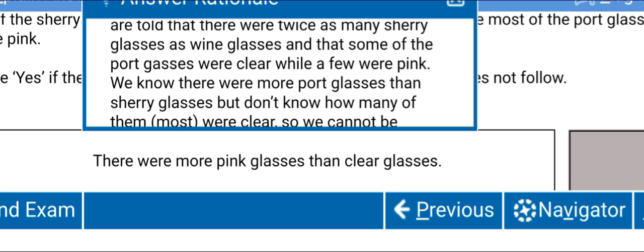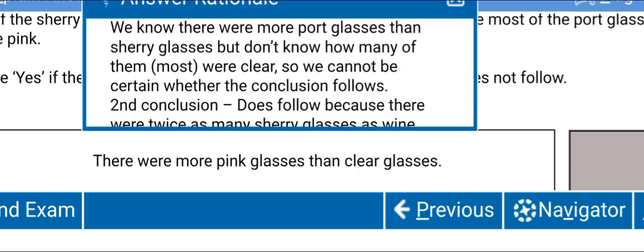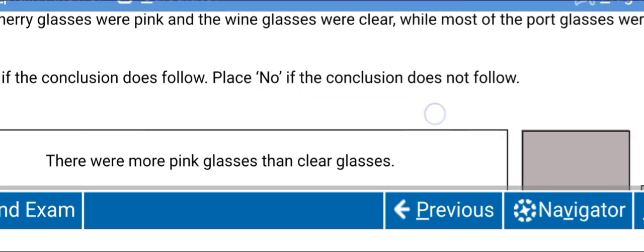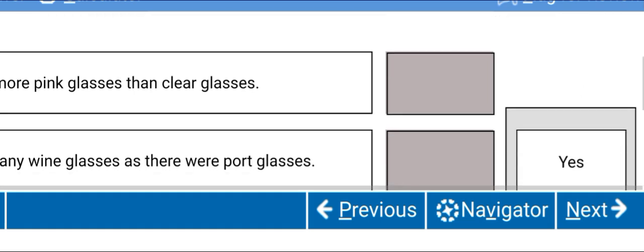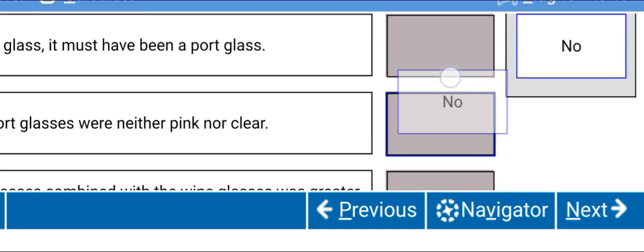We know there were more port glasses than sherry glasses, but not how many of them were clear, so we cannot be certain whether the conclusion follows. So that's why the first conclusion does not follow the statement. So we will drag a no and drop it here